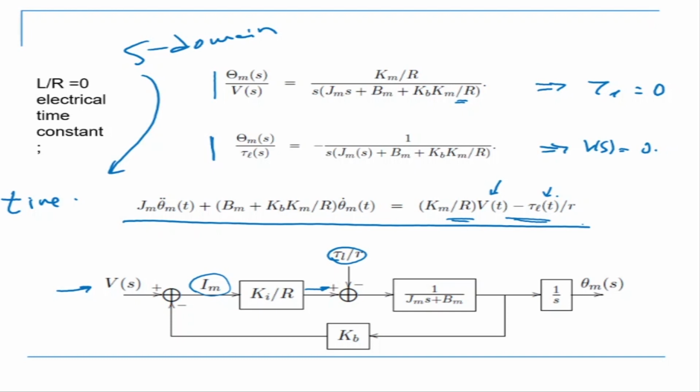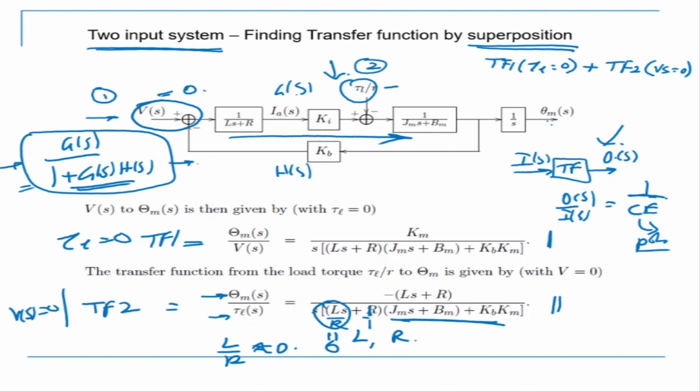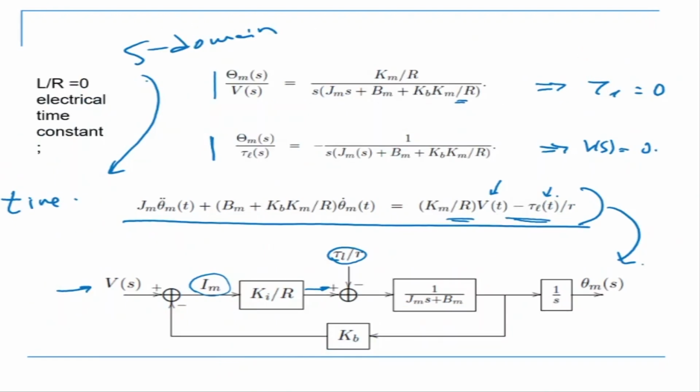So take a bit of time to actually understand what this equation actually means. What you have seen is try to correlate how we came from here to here. I had explained this equation and this equation. Using these two equations, how did we come to this block diagram? Now exactly using the same procedure, we have one equation, which is in the time domain and contains both.